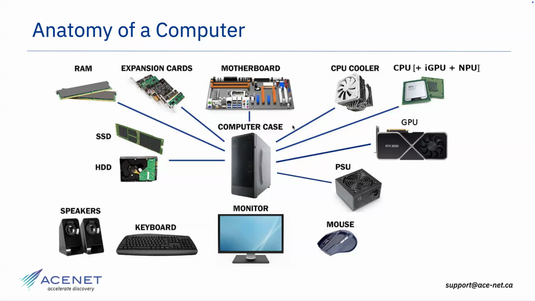I'm first going to take you through a quick overview of the most common hardware components, and we will then take a closer look at some of the most important ones. So we have a computer case. It's basically just a box that houses the internal components of the machine. Its purpose is to protect and to cool the components of your computer. We have a power supply unit, which converts mains AC power into regulated low voltage DC power for computer internal